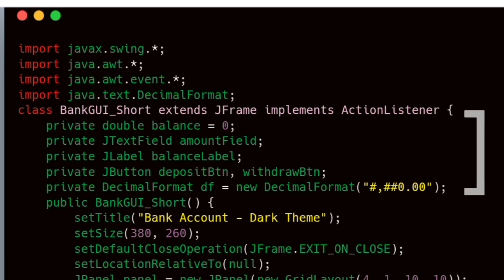Declaring variables. So we have here a balance, which stores the current bank balance, and amountField, where the user types an amount, and balanceLabel, which displays the balance on the screen. And depositButton and withdrawButton, the buttons for actions, and DF, which is a DecimalFormat,